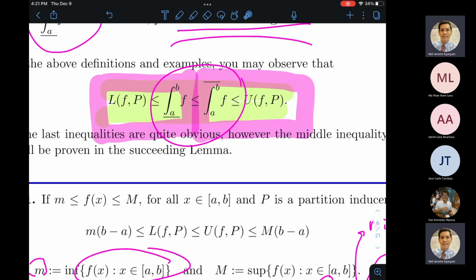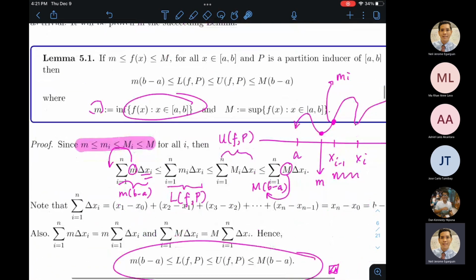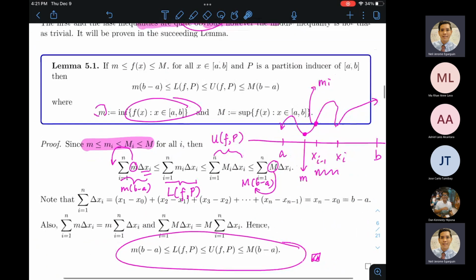And then we could have written a straightforward proof for this inequality. Kaya lang ang ginawa dun sa textbook o dito sa lecture notes, hinati siya into several lemmas or lemmata, kung ano man ang ginagamit yung plural form ng lemma. So I think we were done with lemma 5.1. Medyo napahaba yata yung intro ko, already 21 minutes in. But yeah, yun yung problema ko pag nag-off script.